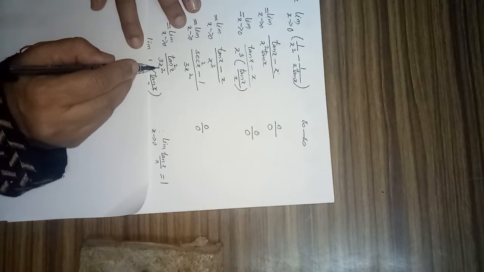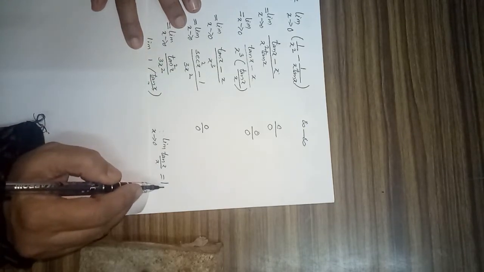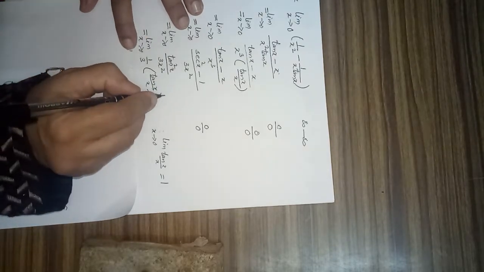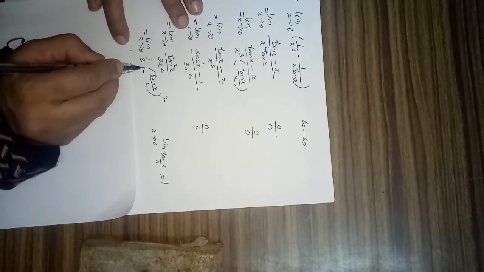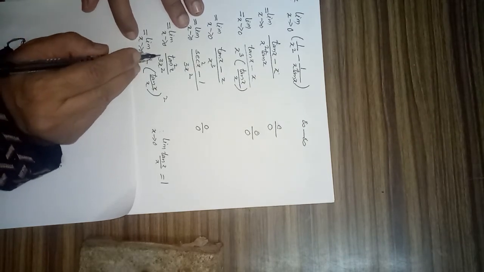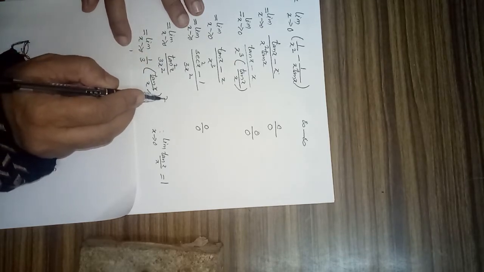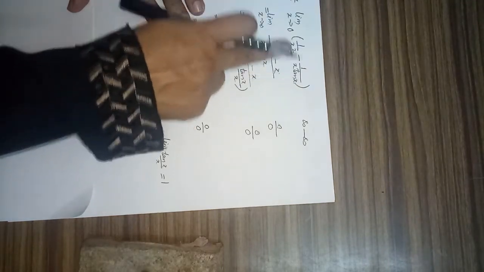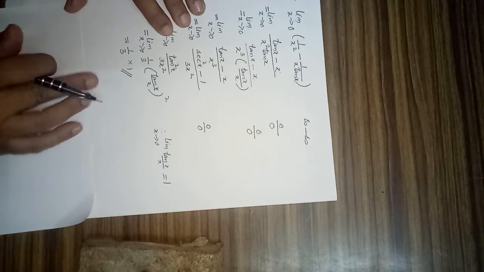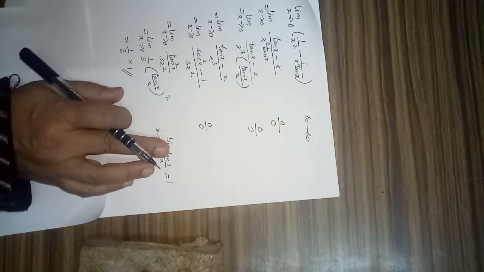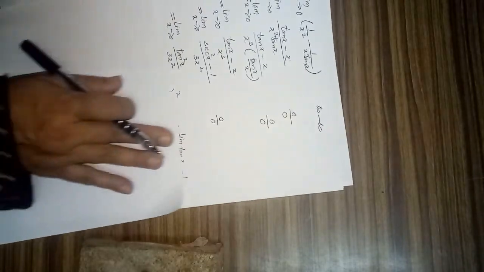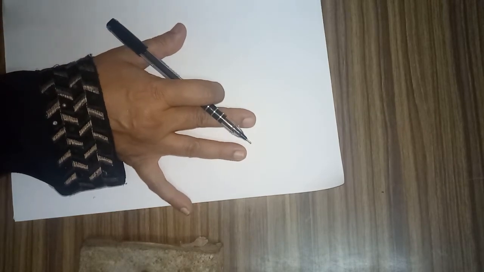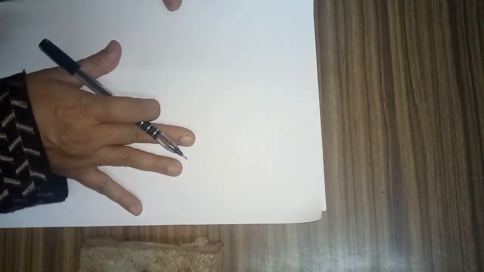So tan square x by x square, its limit is 1. Therefore we separate tan x by x raised to 2 separately, and we apply the limit. Now this is 1 upon 3 times tan x by x whole square. This is 1 upon 3 and its limit is 1. So finally its limit is 1 upon 3. Hence this way we can solve problems based upon infinity by infinity or infinity minus infinity or any other form by reducing to either 0 by 0 form or infinity by infinity form.